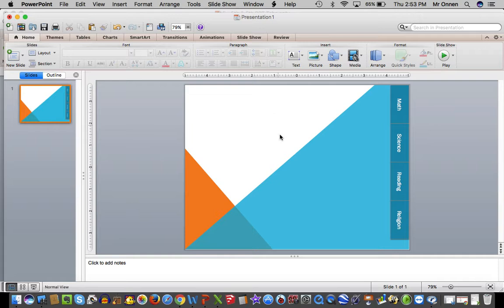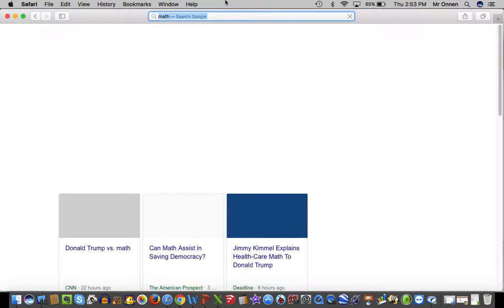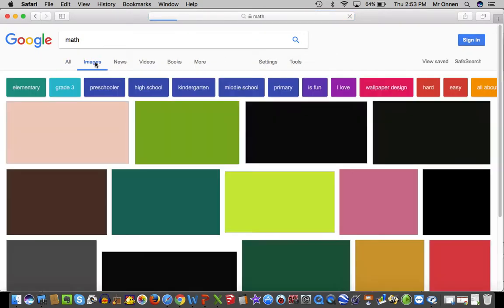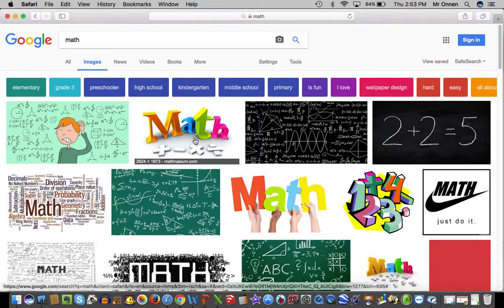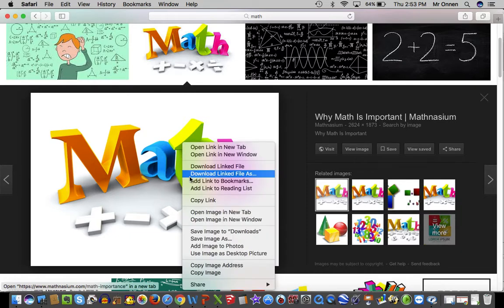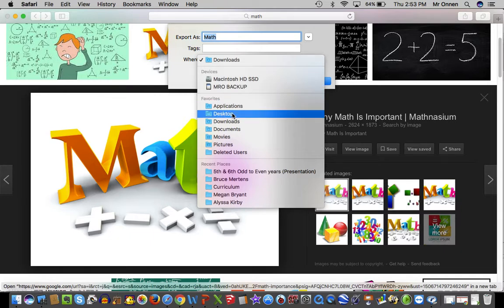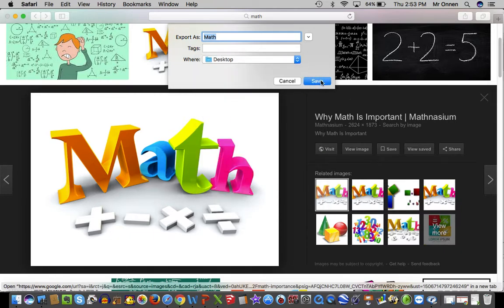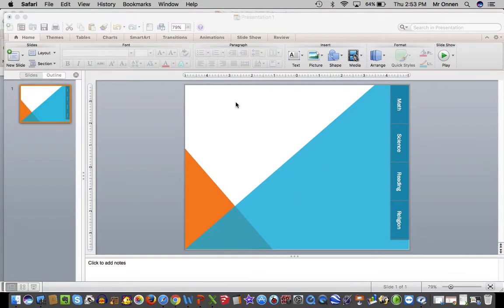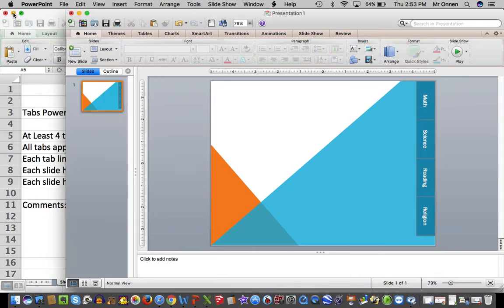So I would put in picture here. I could do that by going into the internet, go into Safari or Google Chrome, and I'm going to do a search for math and images. And this looks like a wonderful math. I save it. There's a couple ways to do it. Easiest foolproof way is to 2-finger click, go to Save Image As. Take note of where you save it to. I'm just going to save it to the desktop for now because I'm going to delete it as soon as I'm done. Hit Save, Minimize,